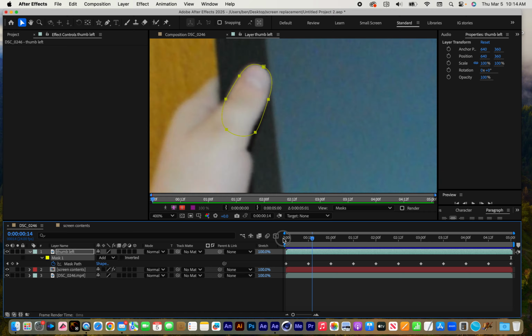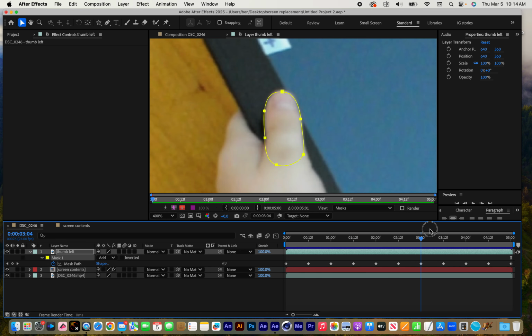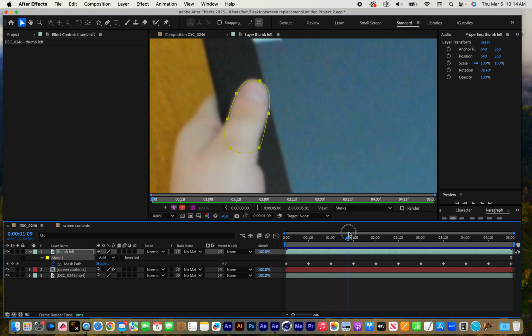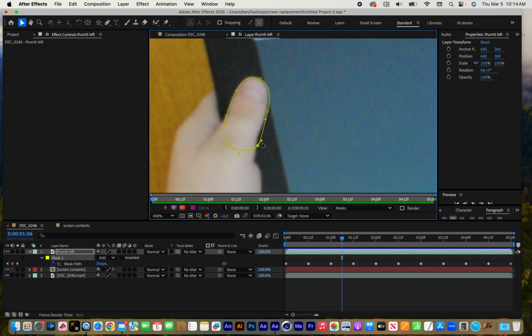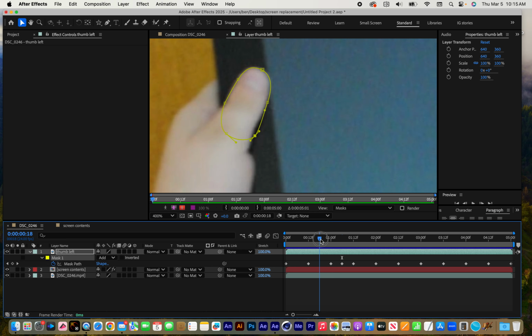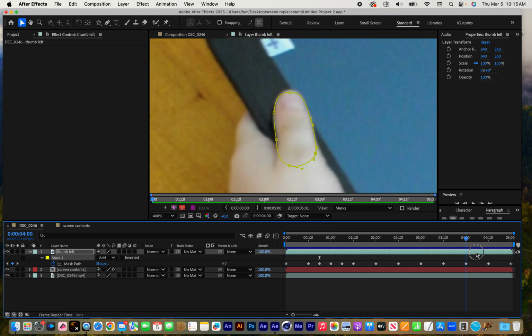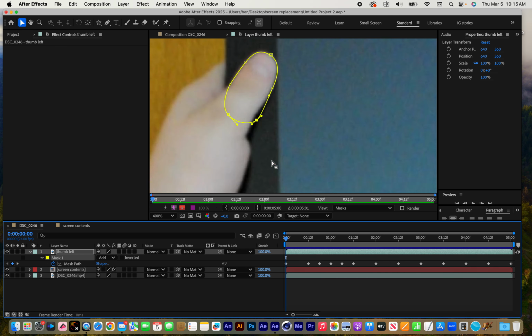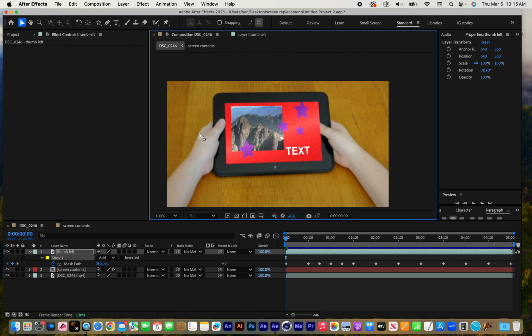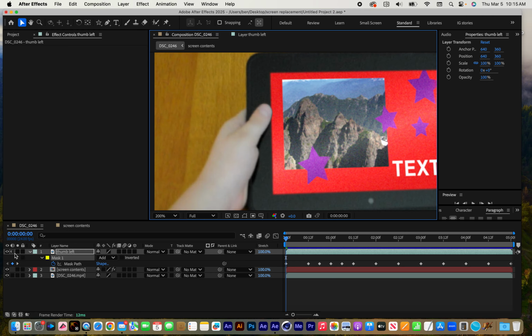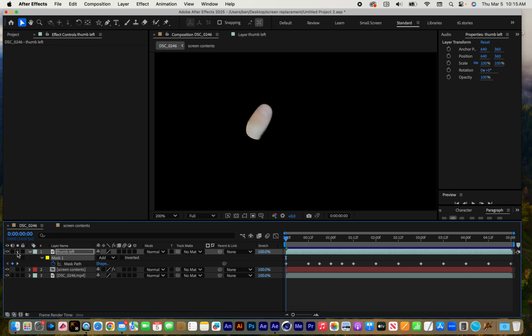Okay, now if I scrub the time marker back and through here, I can see how it looks. And if I need to set any additional keyframes, like moving individual points or making adjustments, I can do so. It doesn't really matter how many keyframes it takes you to do this, as long as the end result is what you want. Okay, so that looks all right for now. I'll switch back to the composition viewer so that I can see the composited result. See, if I solo that layer, you can see I've got that thumb now cut out on its own layer